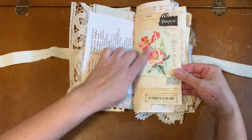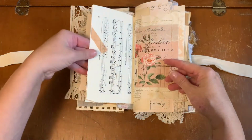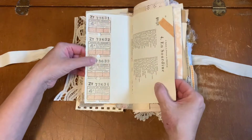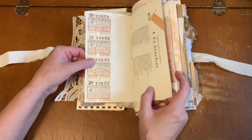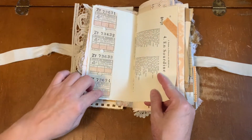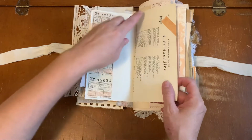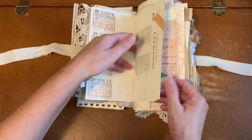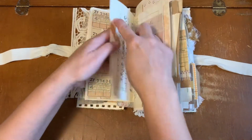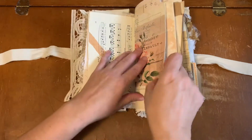Next page is a printable that I've actually attached a couple pieces of paper to create this page. The first is a printable that has some collage from the Eclectic Ephemera kit and piano music paper, tape along the edge, and